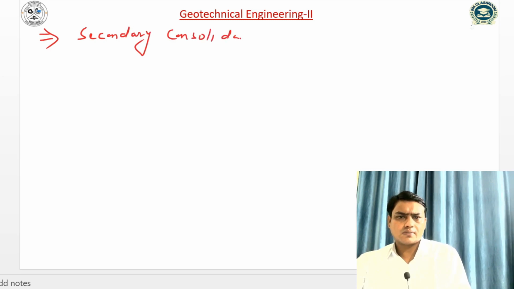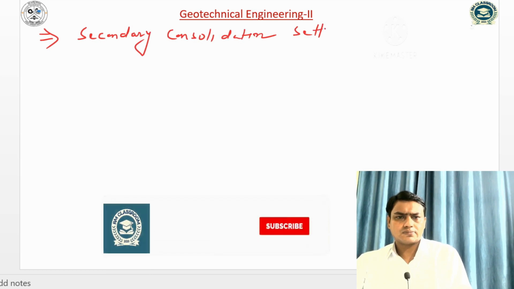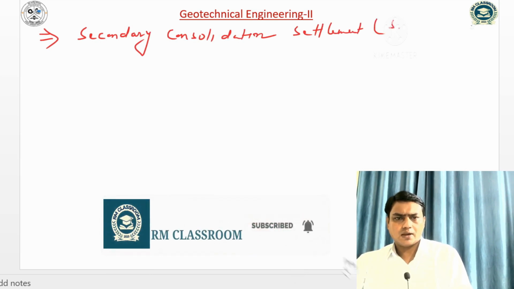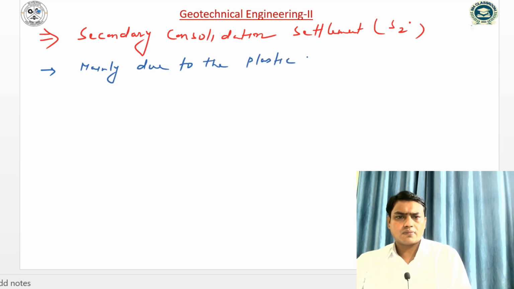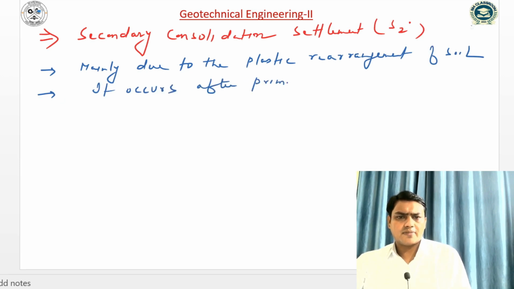We know that the secondary consolidation settlement is mainly due to the plastic rearrangement of soil, and it occurs after primary consolidation settlement,